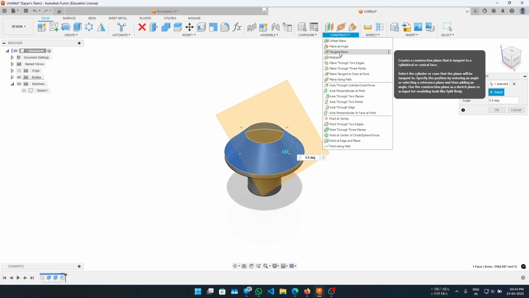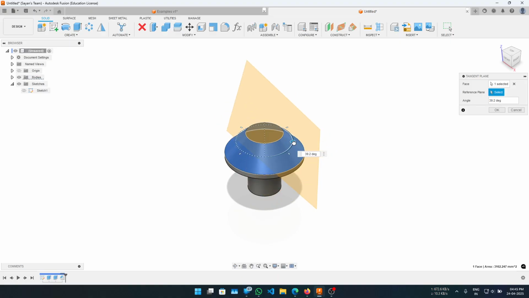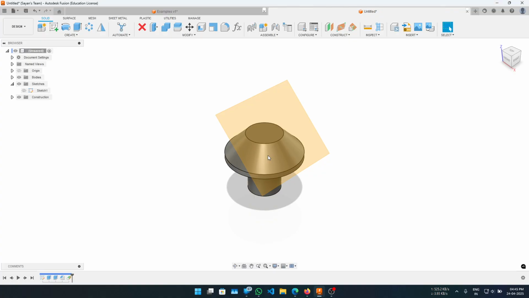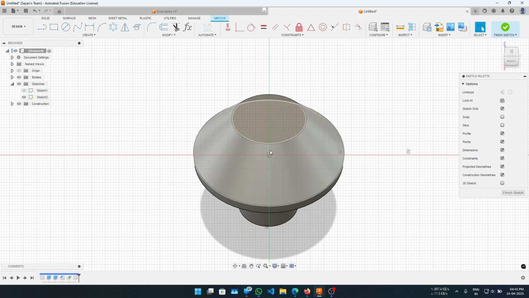So you can do this tangent plane. So you can create a plane. In order to create the teeth, you need a plane surface, right? But this is circular or curved. So you can just do plane, draw on this plane,